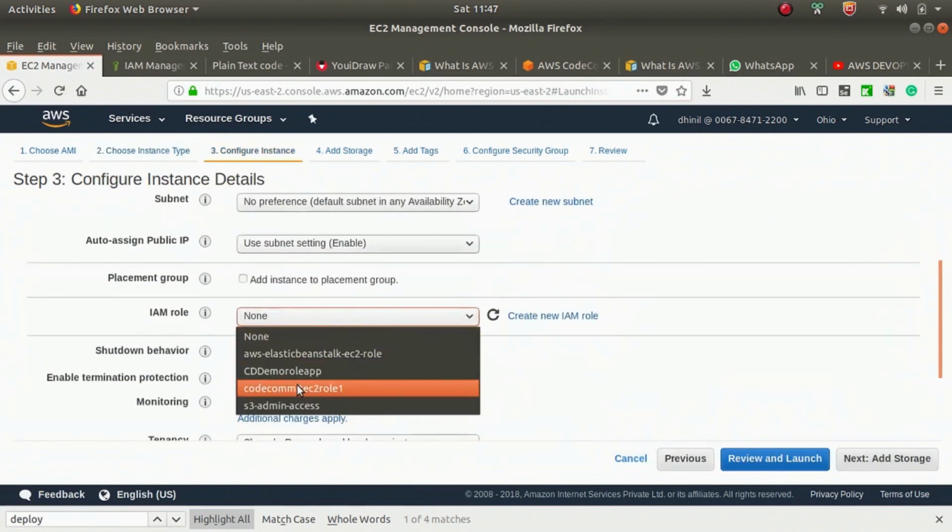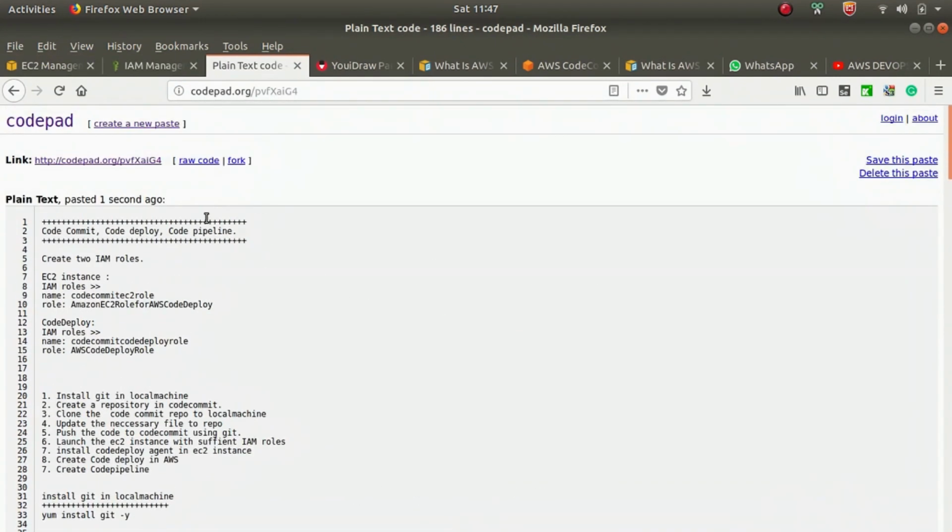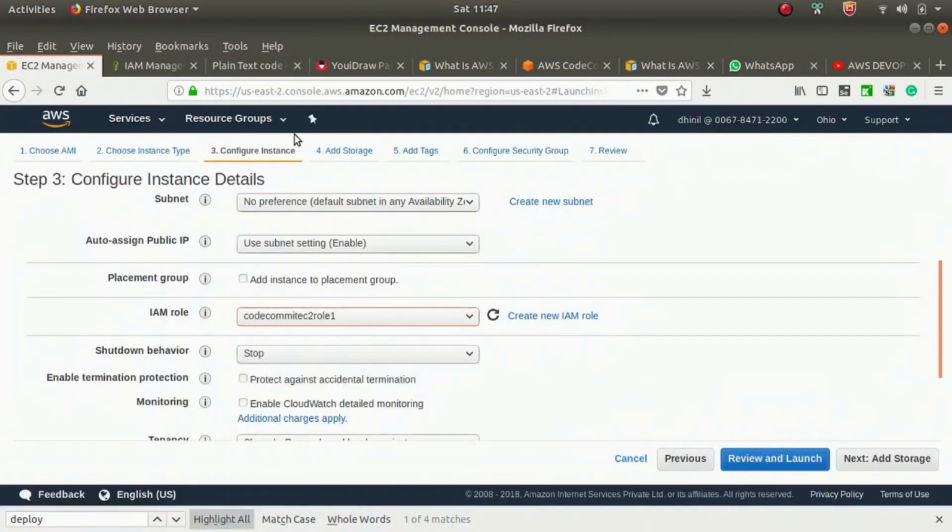Select the IAM role which we created first time, CodeCommit role 1. This role which we selected here, at the beginning time we created 2 roles. That role should be selected, one for EC2 instance and one for CodeDeploy. And for EC2 instance we selected here.